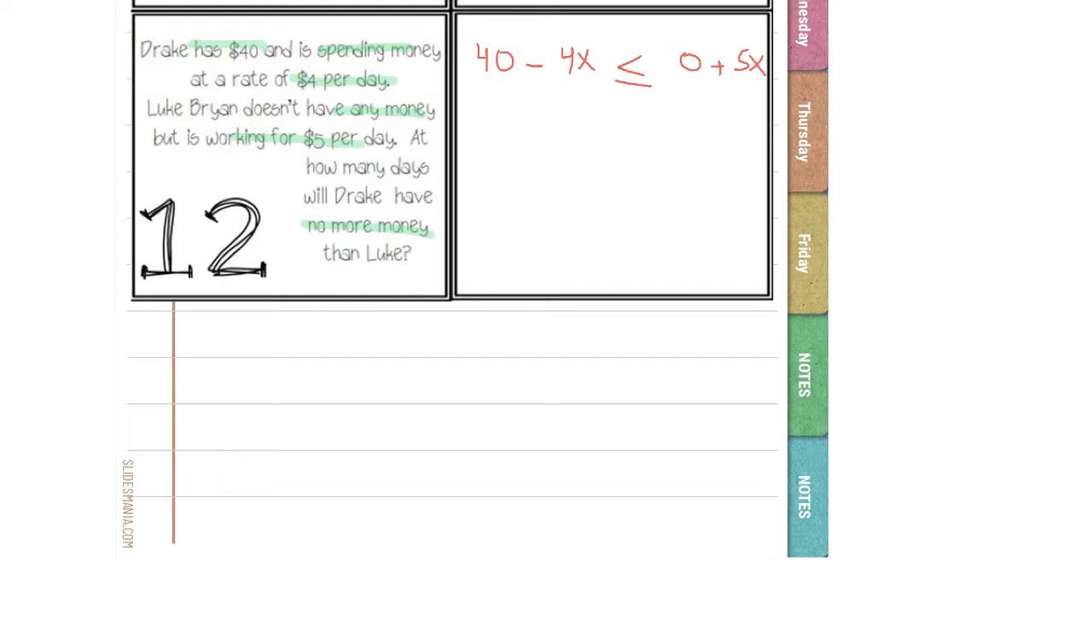So I'm going to go ahead and move, oh, I'm sorry. I'm going to move the 5x, or before I do that, I'm going to rewrite it. So 40 minus 4x less than or equal to 5x, because 0 plus 5x, well, that's just 5x. And then I'm going to add 4x on both sides because I'm trying to get all of my variables on one side. So then I'm left with 40 less than or equal to 9x, because 5x plus 4x, well, that's just 9x. Now, I have all of my variables on one side, but I'm trying to get my numbers on the other side. So I'm going to divide by 9